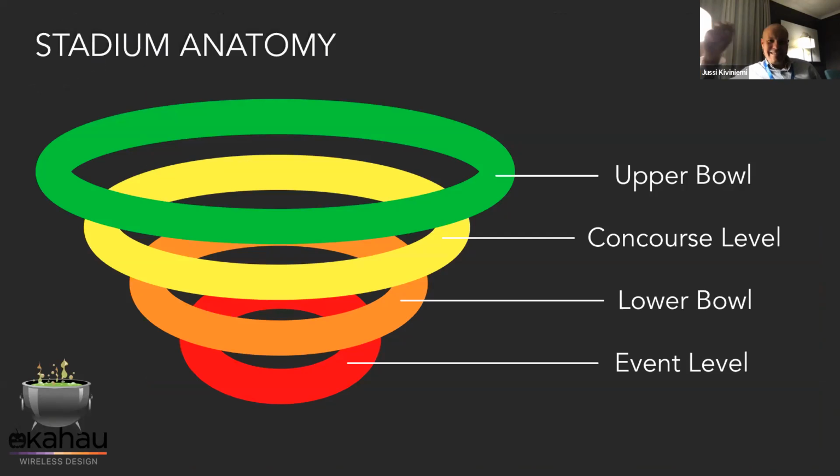So we'll move on to the anatomy of a venue, if you will. If many of you have ever looked at how stadiums are built from the ground up from an architectural perspective, typically these things are built from the inside out. We start at the bottom, the foundation level, the event level, and we build our way up out of the ground until we finish all the way out to the upper bowl and then actually close in the stadium or arena itself.